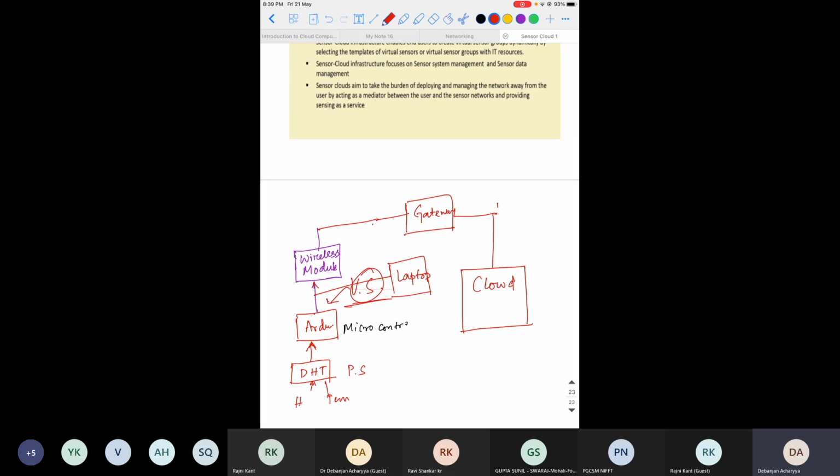Then by using the wireless module, you can upload the data to the gateway, and similarly using the cloud, you can see it from a remote location.